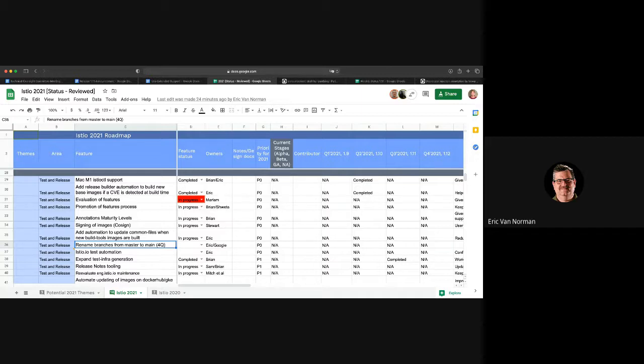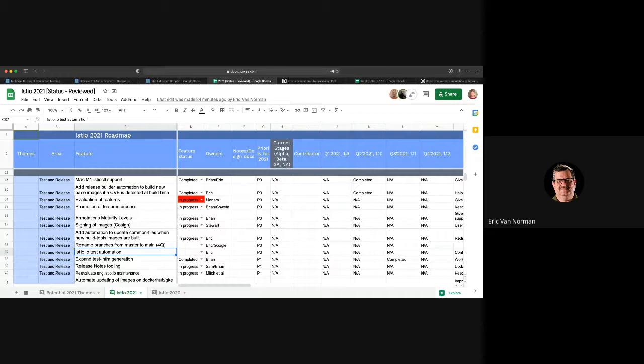And then the last P0 is Istio test automation. That one hasn't got stuck in the roadmap yet either. And that one's just sort of a placeholder waiting on requirements to come from people who are creating the Istio.io tests. So thanks to Shweta for helping push getting the Istio.io docs automated. So as that work continues, we may find some additional things we need to add in the test automation.